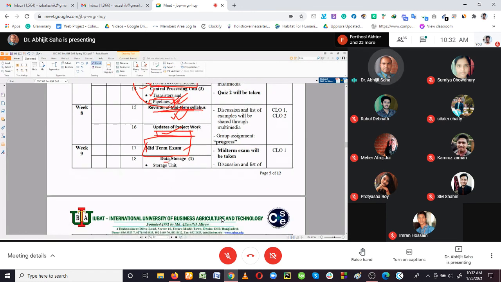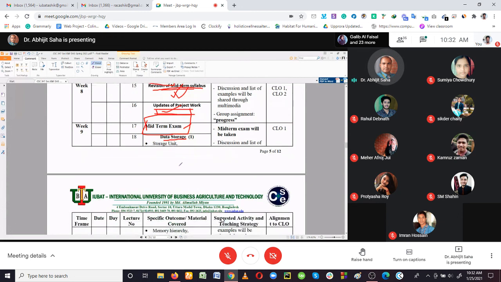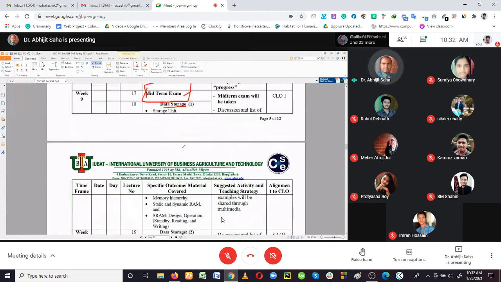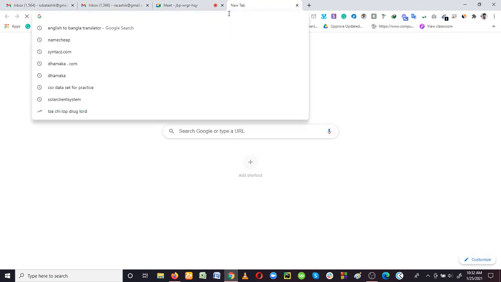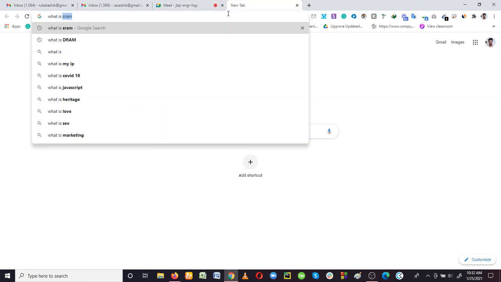And then we are going to move to data storage. I have already said that data storage here means the memory where you are actually going to place the data. There are two types of memories we have mentioned. We are going to discuss the memory hierarchy: what types of memories are there, smaller to larger or larger to smaller, and what their importance is.